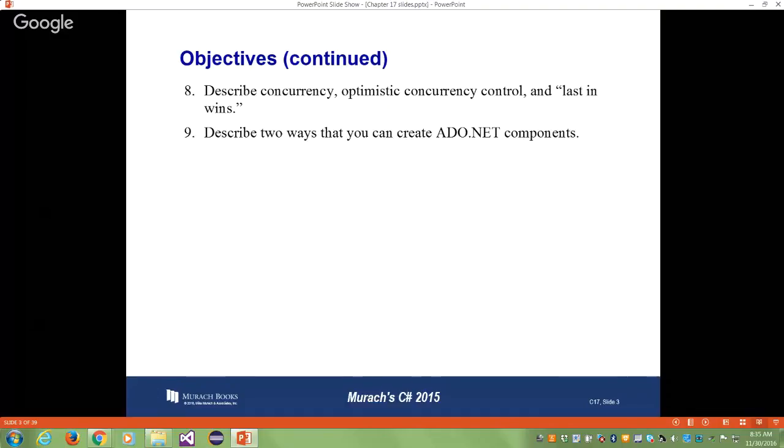We'll also talk about concurrency in a database. I'm not sure if you know what concurrency is. Concurrency means, suppose you have a table in a database and two users at the same time are trying to update a row, the same row in a database. Of course, that will create problems. That's called a concurrency problem, right? That's what it is, because